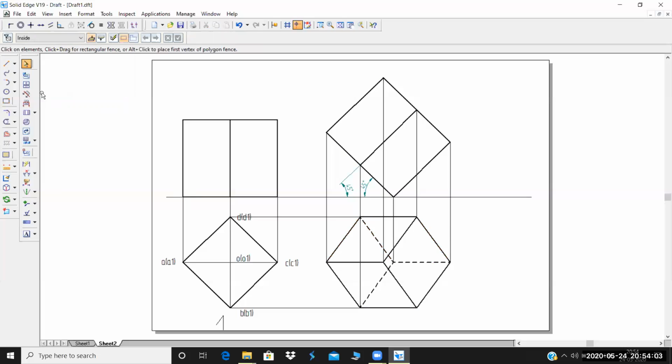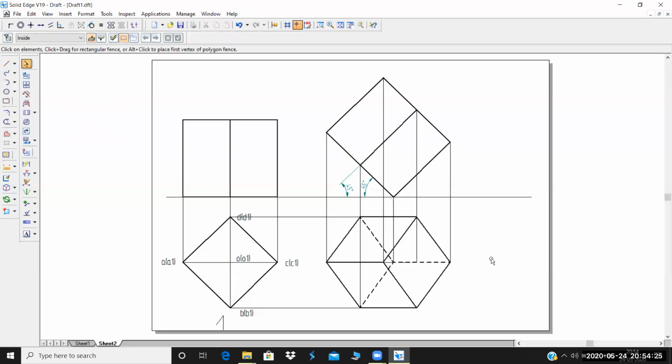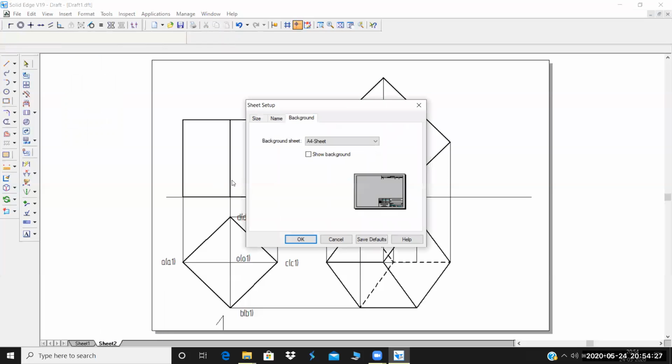Now one more thing you have to show here, that is your axis line. We know that the axis will be till here. Axis lines are very important. You have to show them. From here to here will be your axis line. Even though it is not visible here, you have to show it because in the next part of the problem it will be useful for you.